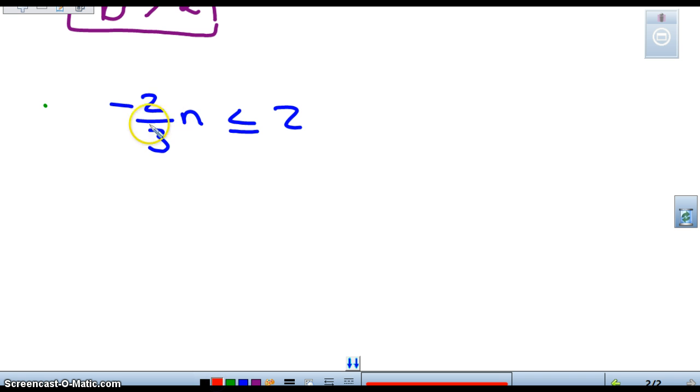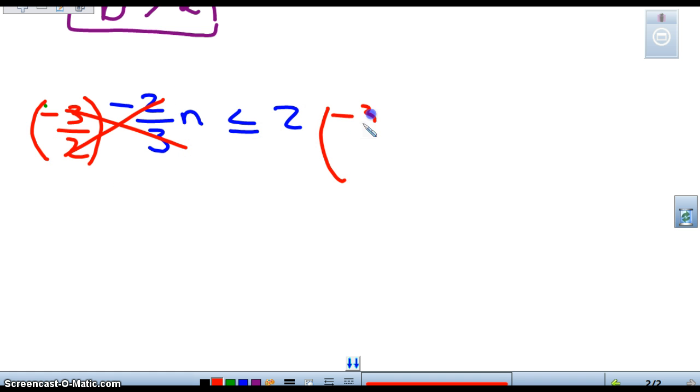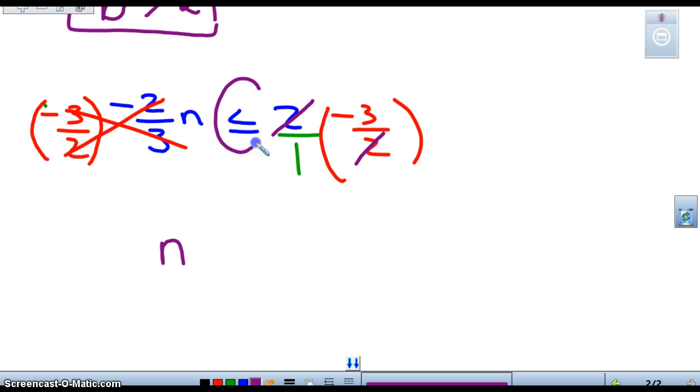If we have negative 2/3 n is less than or equal to 2, what is the inverse operation? Multiply times the reciprocal, and the reciprocal would be -3 over 2. Cancel the 3, cancel the 2. What you do to one side, -3 over 2. So we can make the 2 into a fraction. Can we cross cancel? We can cross cancel the 2. That means n is going to be